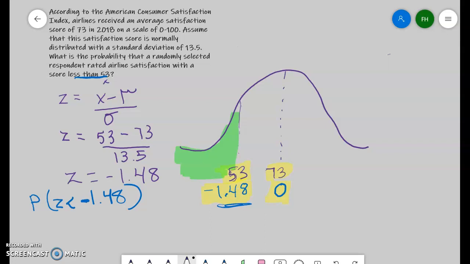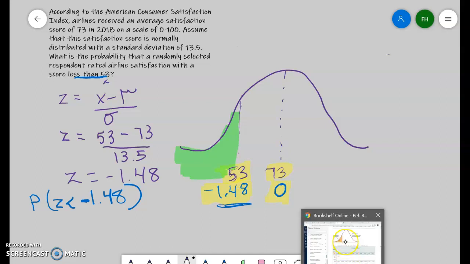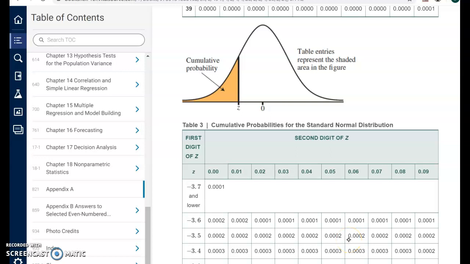Well, you have to go to the table, and you can find this in your bookshelf in the appendix, and you have to scroll a little bit halfway down, and you're looking for the standard normal distribution table. And so we are looking for